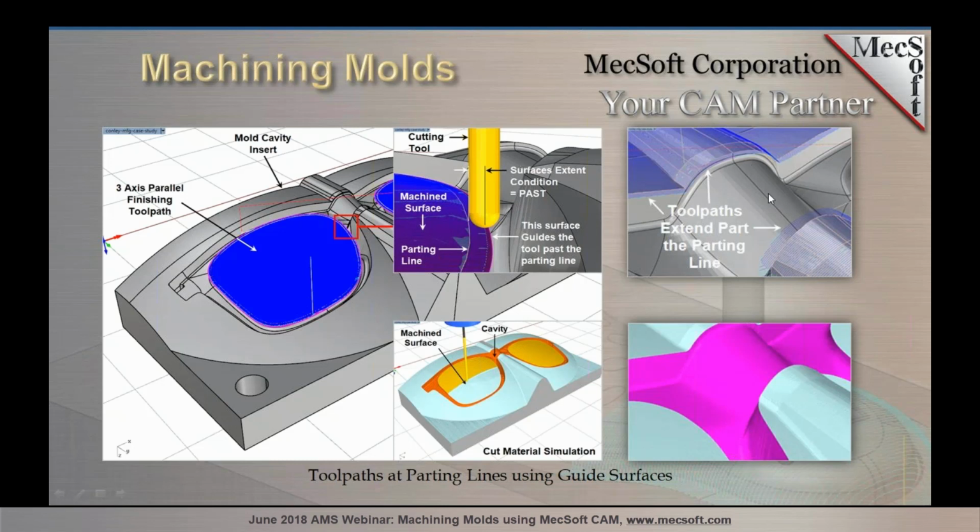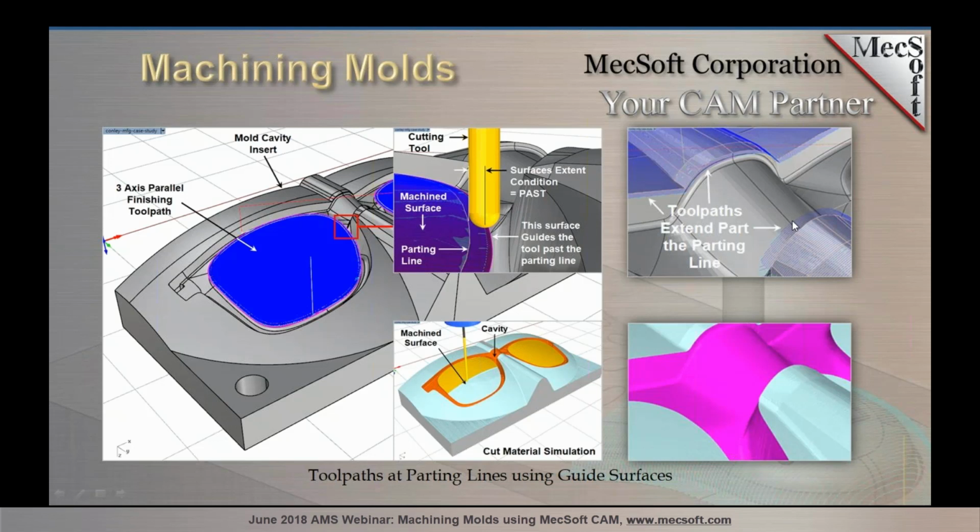Over on the top right, you'll see what the tool paths look like without the guide surfaces displayed. You have the nice extension past the surface boundary, which is the parting line. And these tool paths, although you'll be cutting some air, that's to be expected to get a clean cut past your parting line. And that's another point I wanted to mention here. As you look at these extra surfaces that we're using in this technique, and the little bit of air that we're cutting,